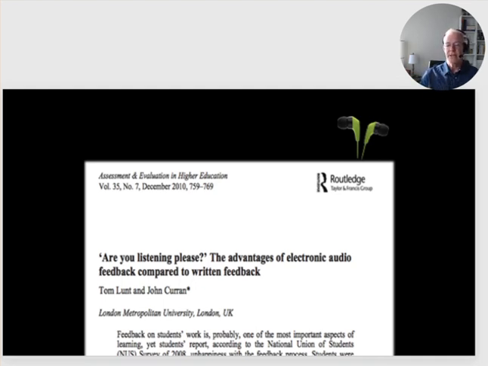So in addition to the benefits, and I'll let you ascertain those from the article on your own, in addition to what I believe are benefits from electronic audio or video feedback, we can say, think, and feel and emote more in those modes of feedback than we can keyboard, which does require some interpretation and is often contingent on what the student or receiver thinks that you're saying, as opposed to hearing your emotion, hearing the emphasis.